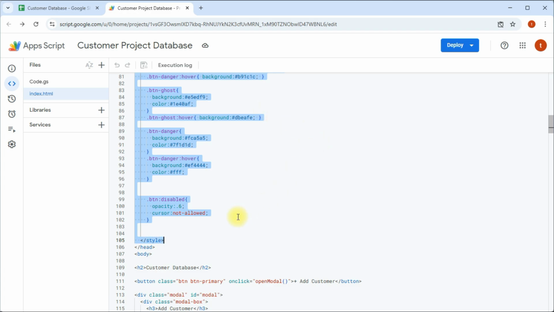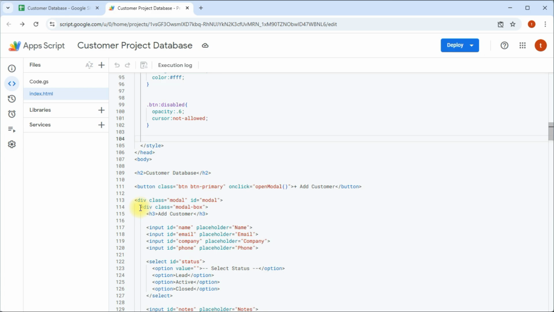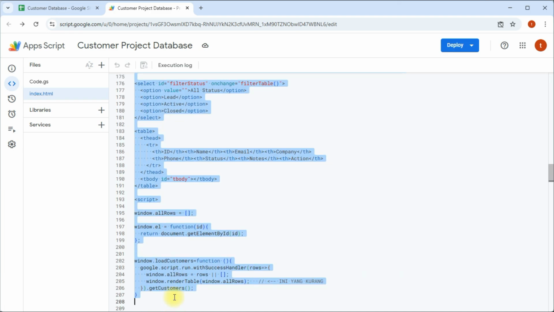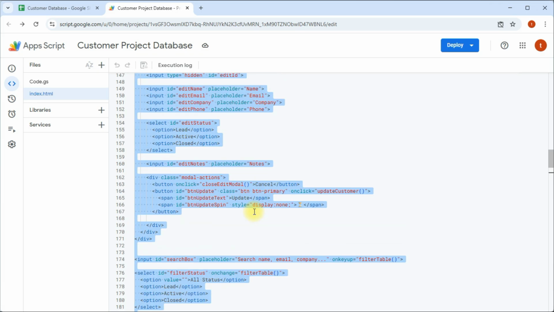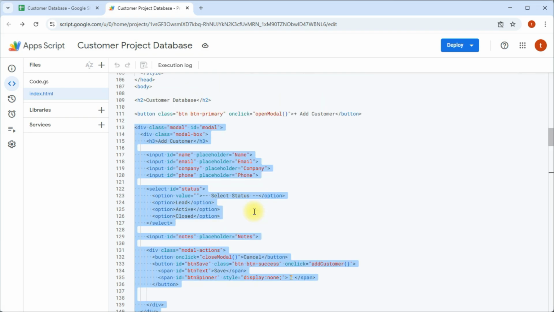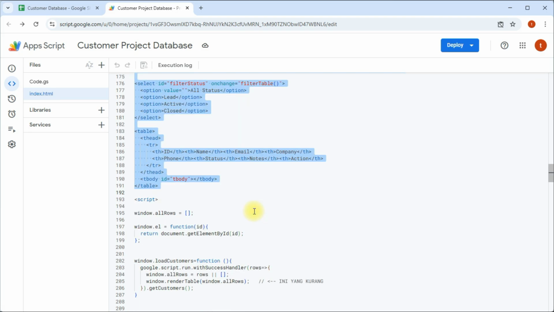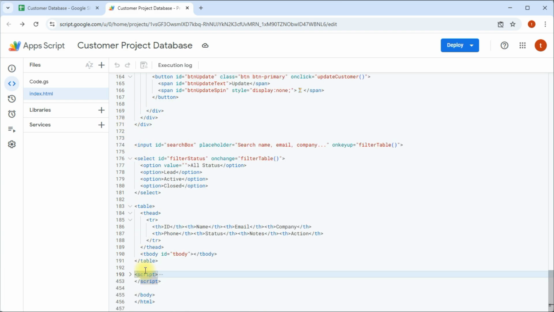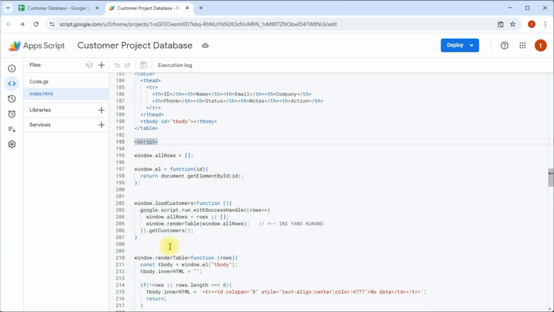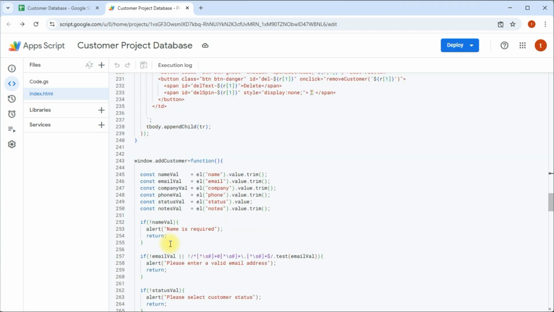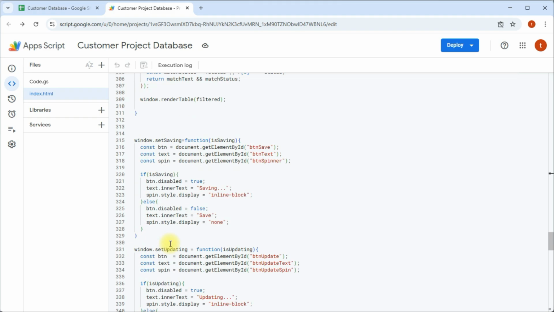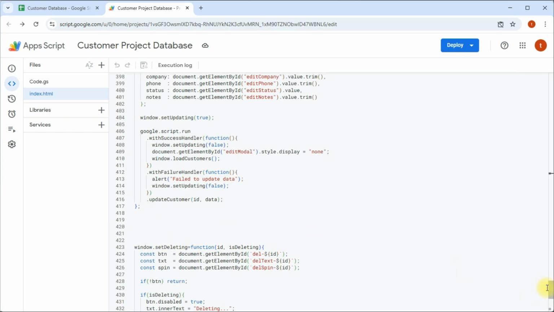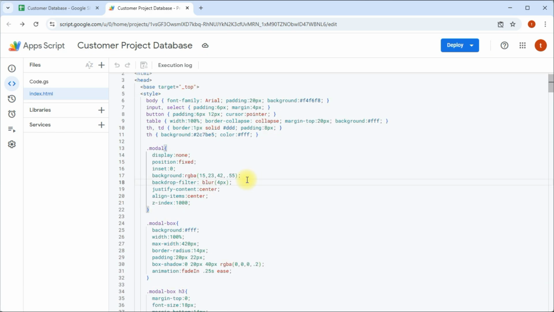Trust me, this file handles everything: the input form, the dynamic data table, and the JavaScript that allows our website to talk to our Google Sheet in real time. If you want to try this out yourself, I put the full source code in the description so you can follow